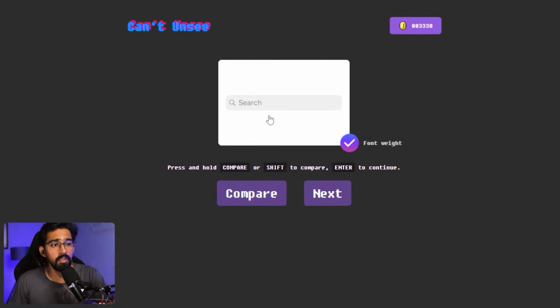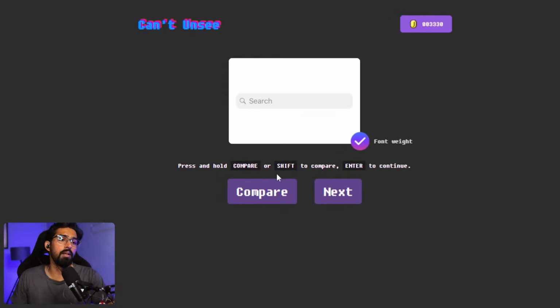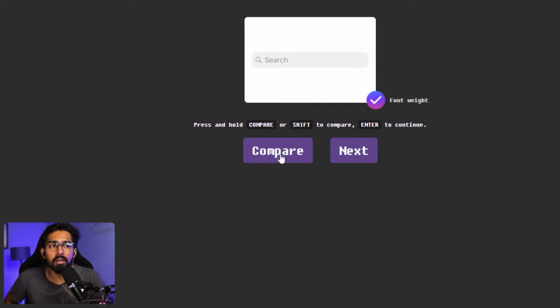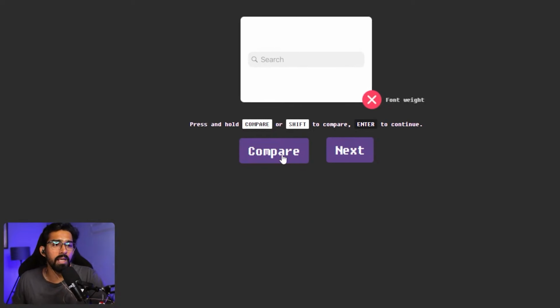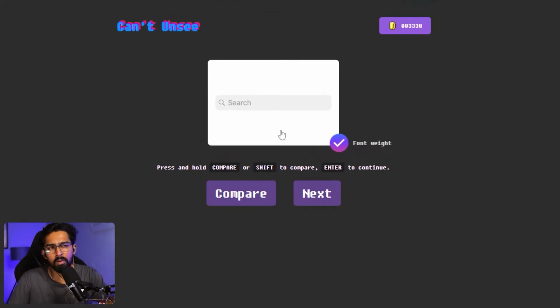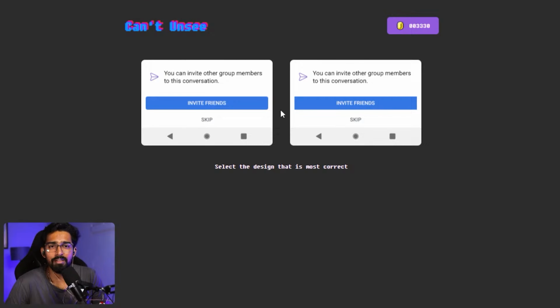Font weight. Okay, this was interesting. If you see here, it was not lighter and it was not the transparency. Maybe the text font weight might have been thin here, but here it might be regular or medium, depending on whatever font it is. So it was not the transparency, it was the font weight. This is very, very simple.